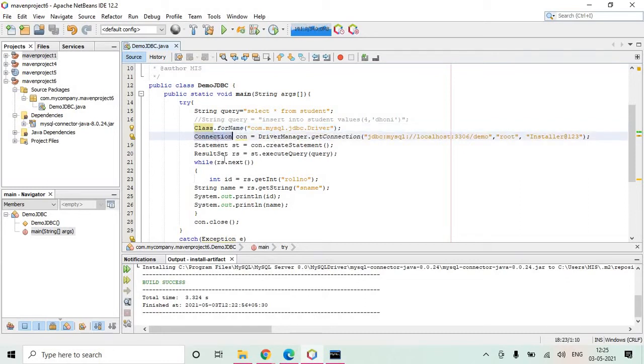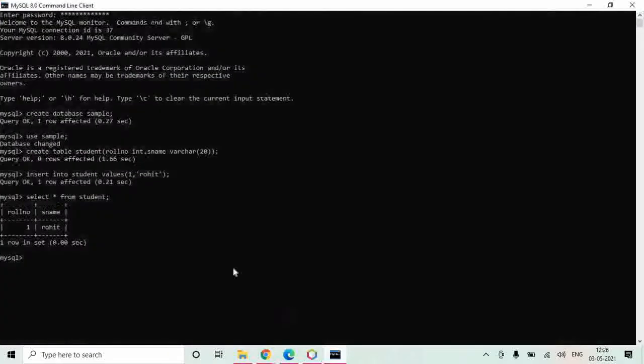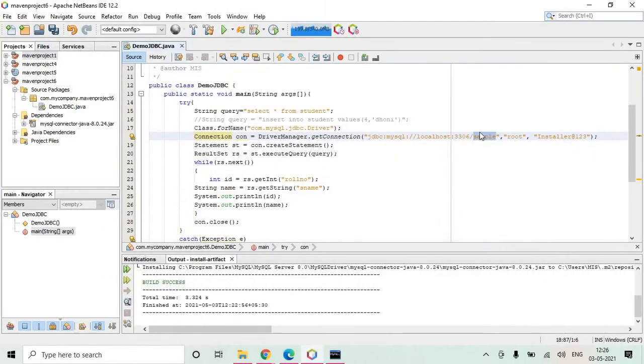Next we have used this Connection class. Using that you can establish a connection with your database. Our database name is sample. So this is the path to my database. This is my user ID for MySQL, and this is the password of my MySQL. So if your password is different, you need to change it here. Recently we have created one database here, sample, using create database sample. So we need to connect to the sample database, and we have given the sample path.